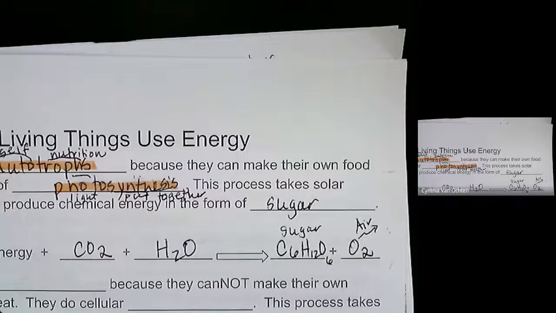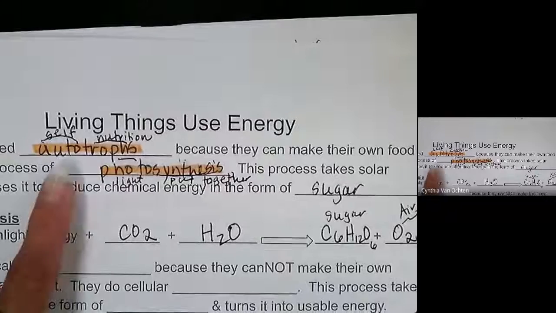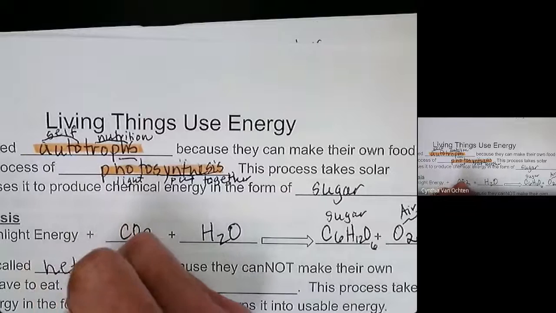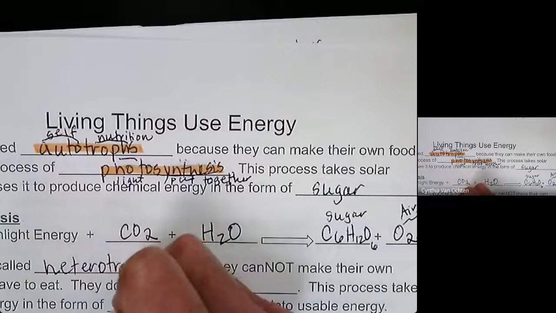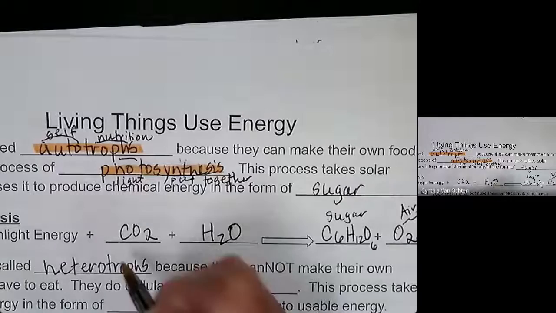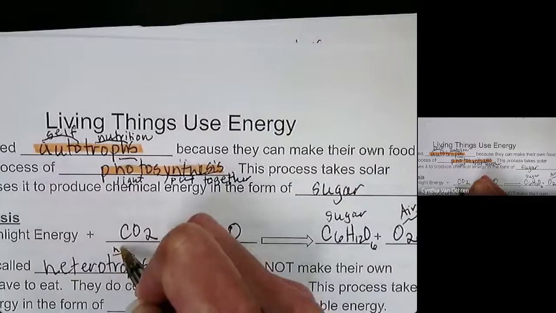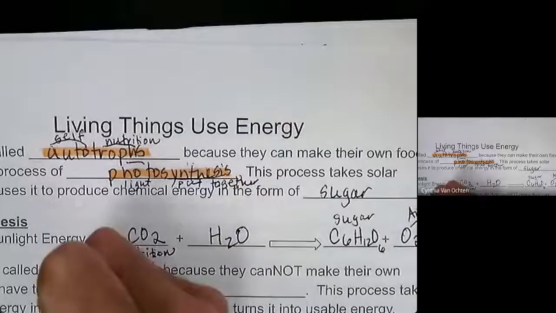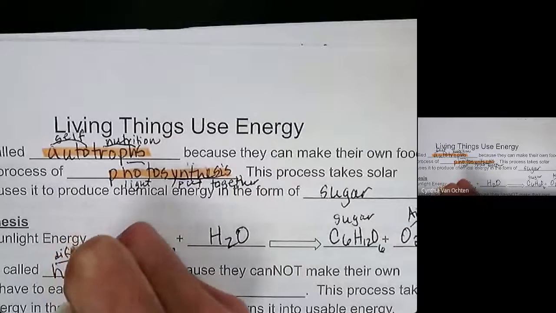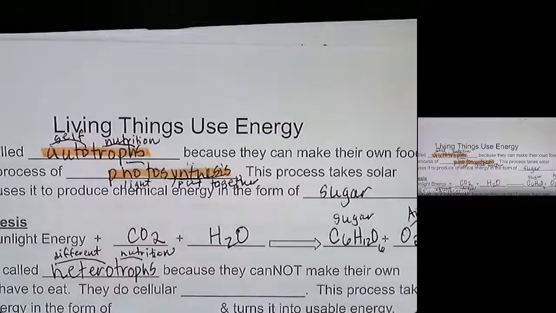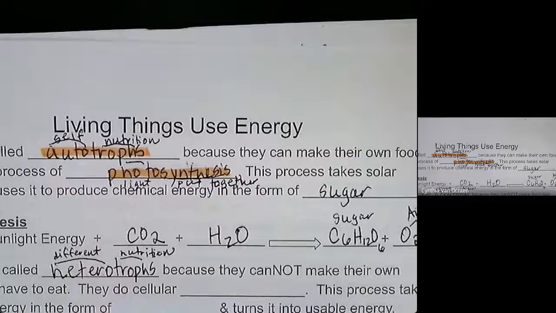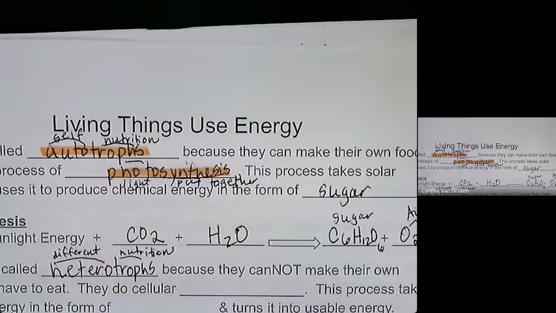So animals, on the other hand, are not called autotrophs because they can't make their own food. They're called heterotrophs. Okay, so just like before, the term troph means nutrition. Okay, and the term hetero means different. So it's a different source of nutrition. Instead of being self-nutrition, the organisms have to eat other organisms in order to get energy. So this would be like animals